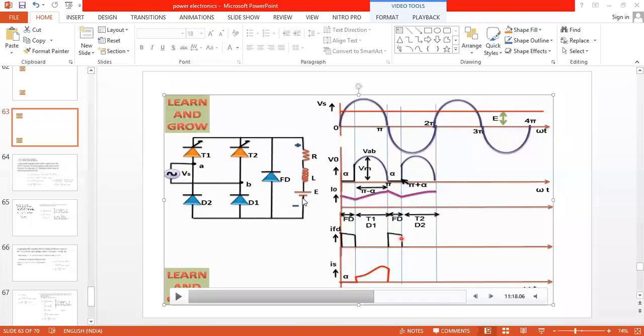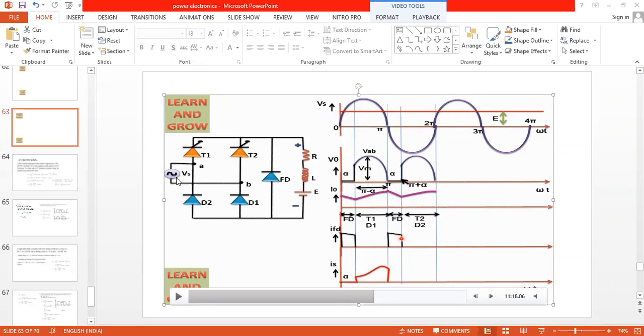Now you can ask one question. So this is the battery RLE load. How will the energy flow from the inductor to this battery? Here the explanation is, the voltage across the inductor when it is completely energized is very high when compared with the battery. Therefore, the energy will travel from the inductor to the battery, and from the battery to the diode, the diode is on, and from the diode to the resistor, the resistor to the L minus, again back to the inductor.